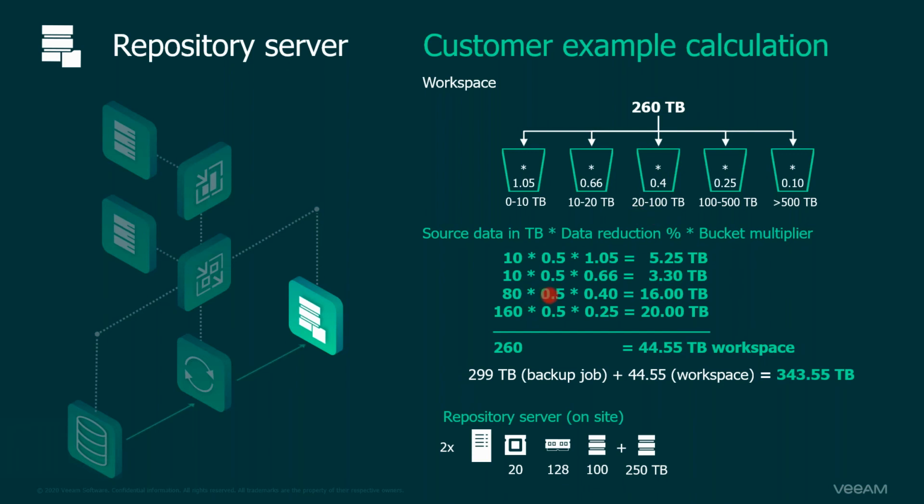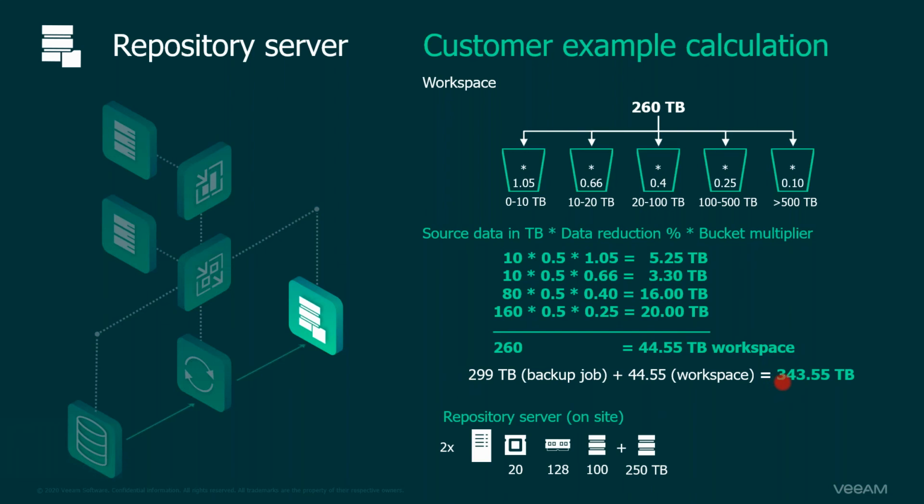So 80 times my data reduction times that bucket multiplier, 16 terabytes. Well, now I'm left with 160 terabytes, and this bucket can hold 400. So everything can fit in there, which means 160 times 50% times 0.25 multiplier, 20 terabytes. So I'll need approximately 44 terabytes of workspace for my 300 terabyte backup job,